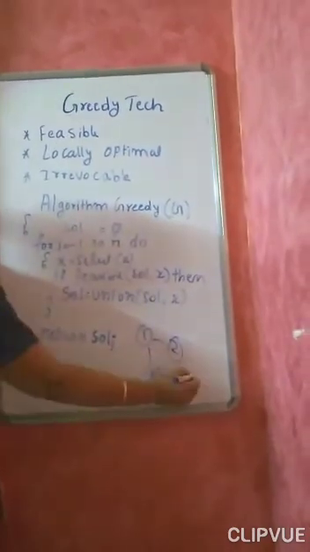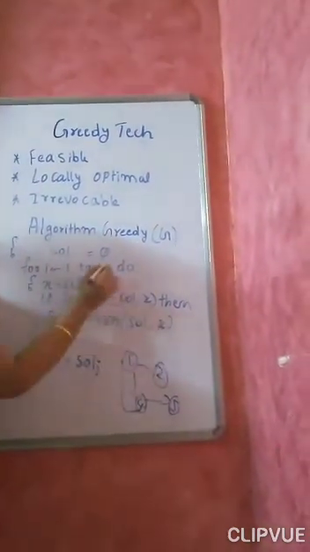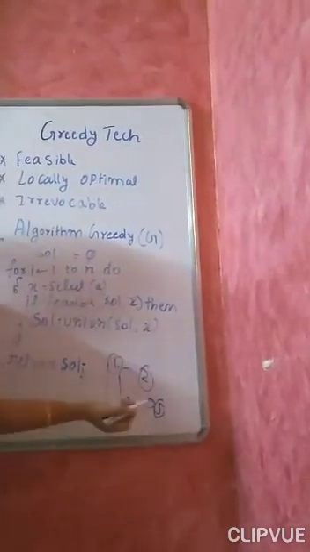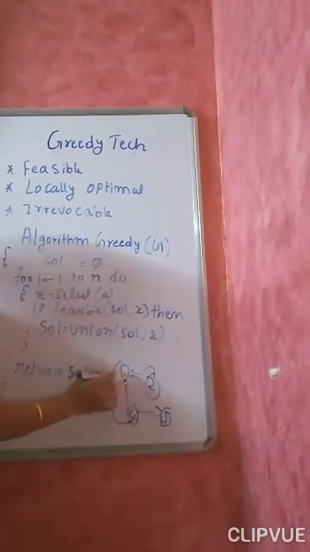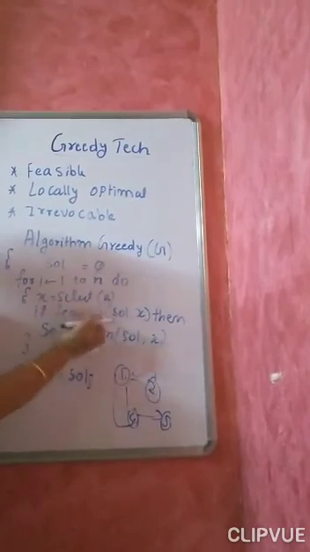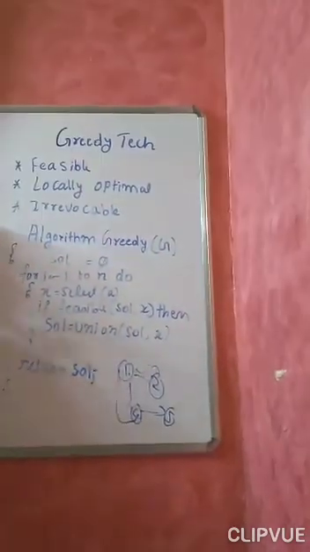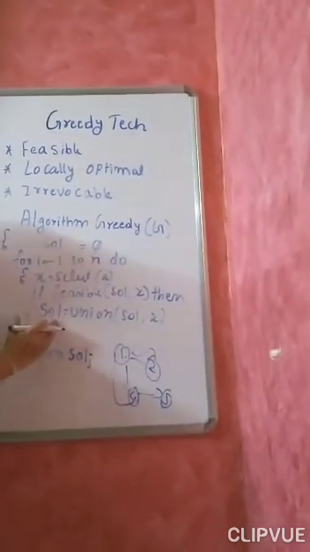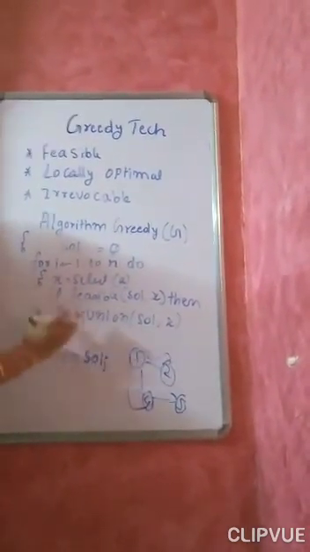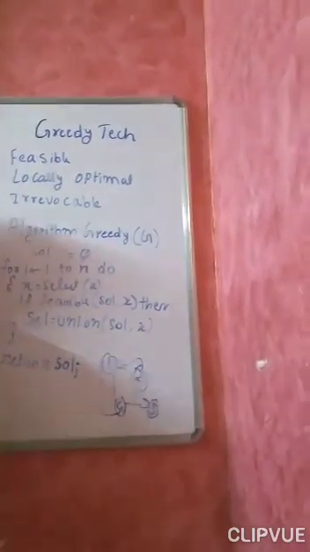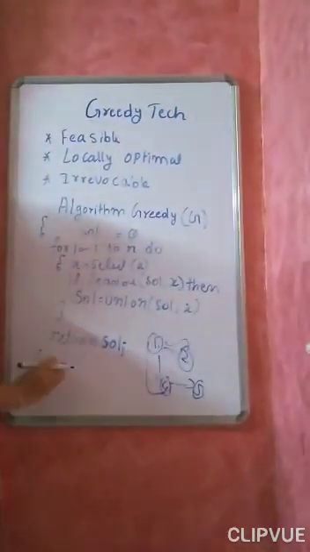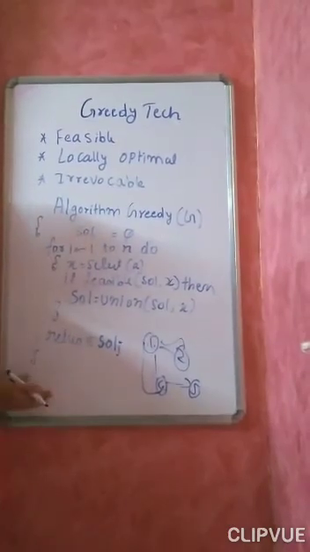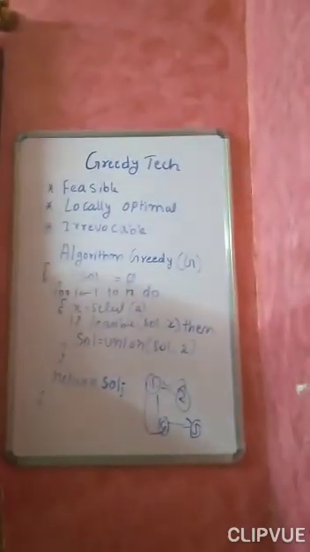So initially I select this particular path, then I add this. A is initially 1, A can be next 5, or it can be 2, or it can be 4. It means I select one of the inputs, add it to the previous solution, and check whether it is a feasible solution or not. If it is feasible, I just add it to the previous solution. This will continue till all the inputs are considered, that is, till all the given vertices are considered. Finally, we return the solution. So this is a general algorithm for the greedy technique.